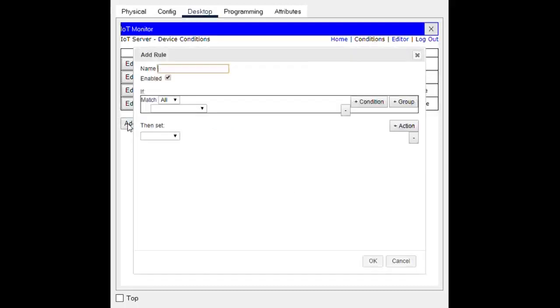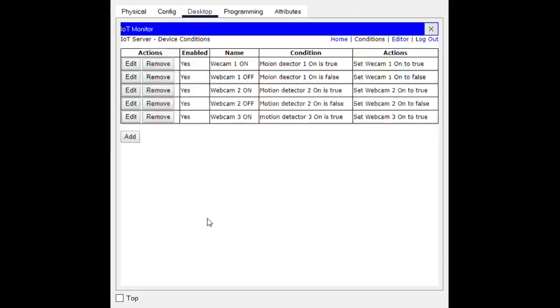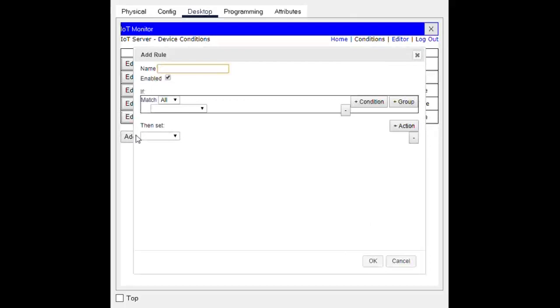Now we have to add conditions for webcam 3. And first condition as webcam 3 on. Then when motion detector 3 is on and is true, then webcam 3 is on to true. We have to add one more condition, that is last condition, as webcam 3 off.